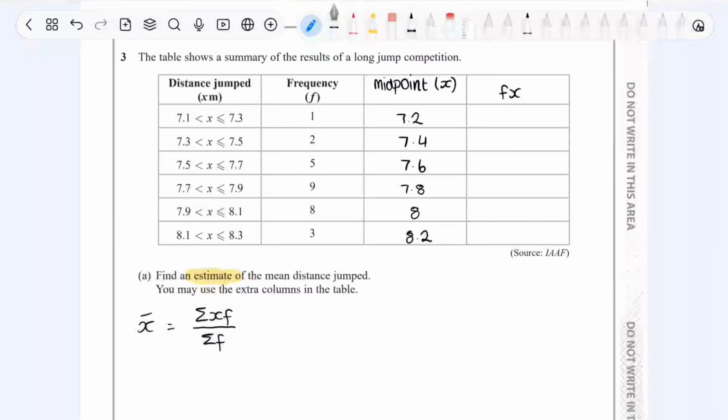Now I've done that, f of x is literally equal to f multiplied by x. So using your calculator, well, you can have a go right now, type these all in and write their respective values in. Okay, so I've got my values now, and I'm going to just write them in. So you should get, for the first one, 7.2,